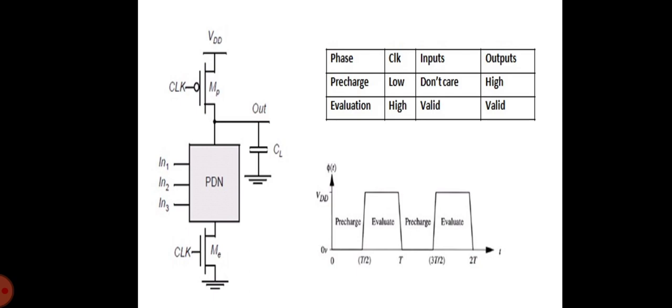A number of important properties can be derived from the logic gate. The logic function is implemented by the NMOS pull-down network. The construction of the pull-down network proceeds just as it does for static CMOS, and the number of transistors for complex gates is substantially lower than in the static case, that is n plus 2 versus 2n.